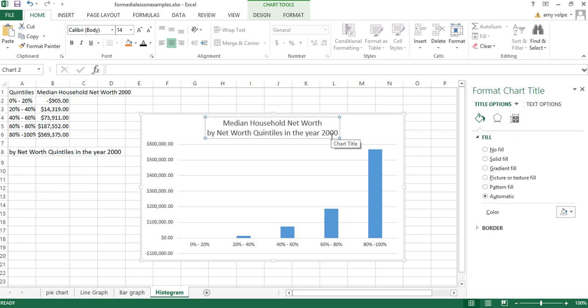Okay, and notice in general, I haven't mentioned this yet, in general we start with the vertical axis, what it's representing, so median household net worth, and then we use the word by and what the horizontal axis represents, so net worth quintiles in the year 2000. And then we add the year 2000 to be more specific about our data. Okay, now let's add some